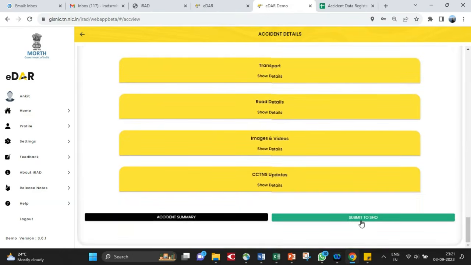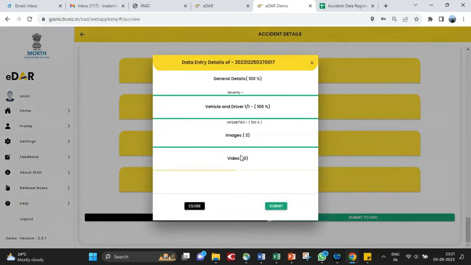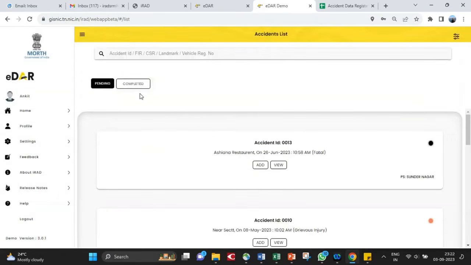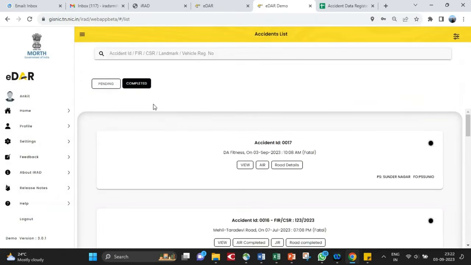After filling and validating all the details, investigating officer can submit the case to station house officer. Once the case is submitted, the investigating officer cannot update the case details as it is moved to completed category.